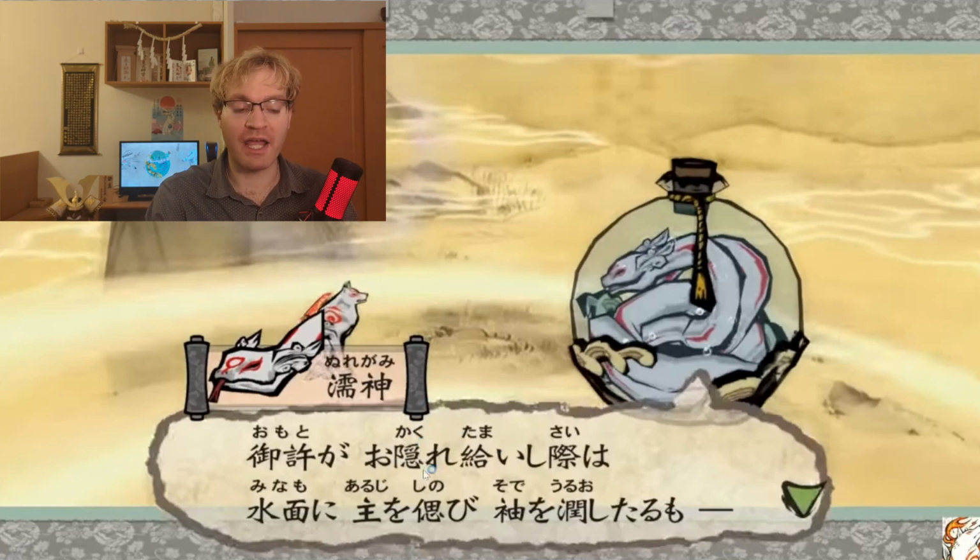However, there's a bit of an extra meaning here, in that in the Kojiki especially, but generally speaking, when you're talking about a very aristocratic, very noble person, when they pass away, it's inelegant to just say that they died, okay? That's so straightforward. That's so right to the point. There's no poetry in saying that. So instead what they say is they hide themselves, okay? That's a much more euphemistic, prettier, nicer way of saying it. It's got a little more class to it, I guess you could say.